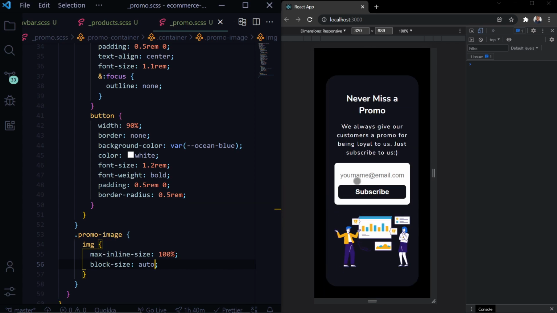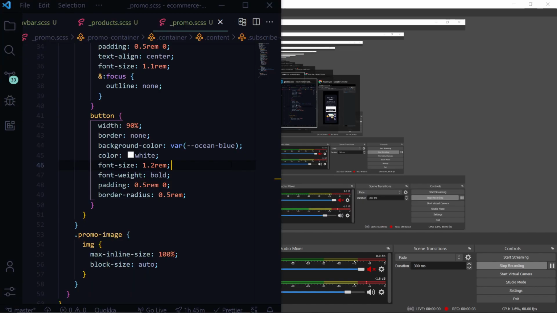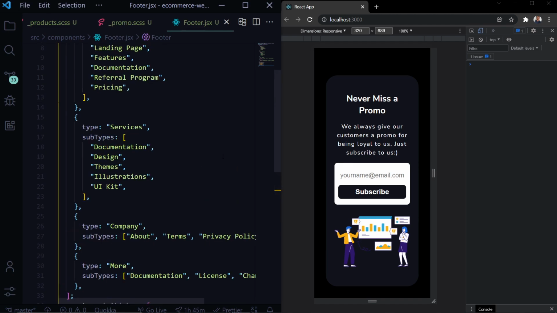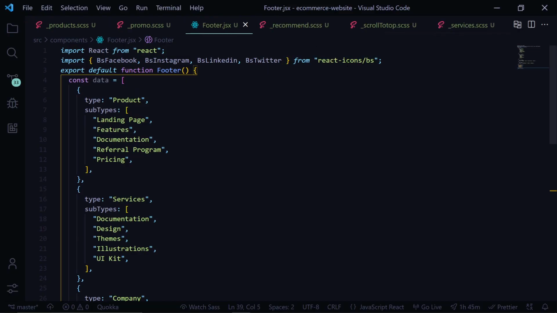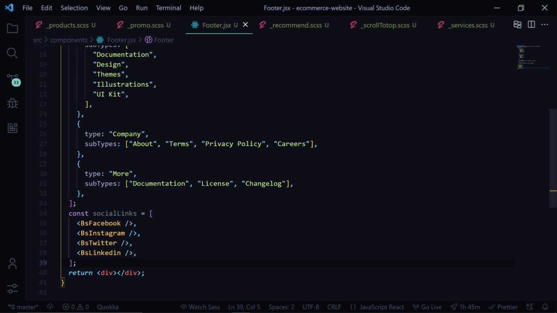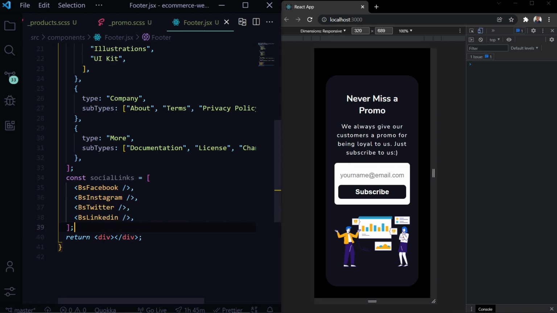Now all that's left is to create the footer section. So now let's head over to footer.jsx. Here I have already imported the icons we need and the links we are going to use. Also, I have created the social links which has all the icons. So yeah, that's it. Now let's replace this with footer,